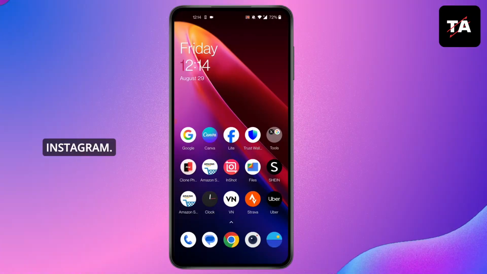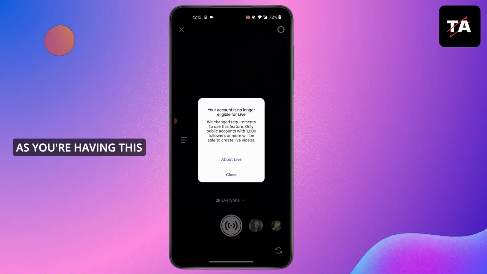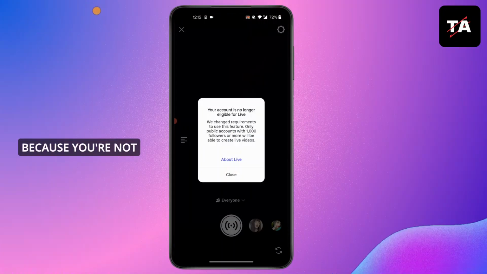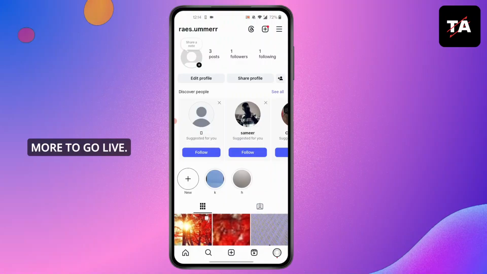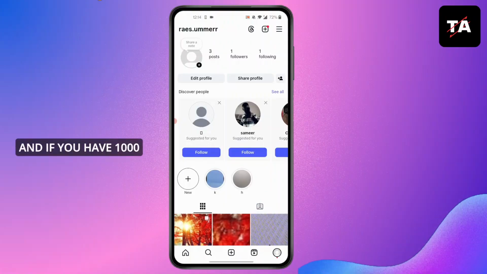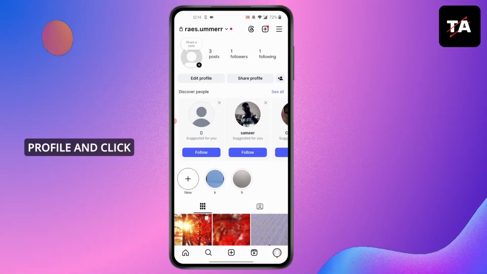First, open Instagram. As you're having this issue, it may be because you're not eligible, as you will need 1,000 followers or more to go live. And if you have 1,000 followers and it still does not work, go to your profile and click on 3